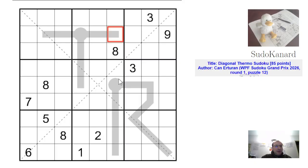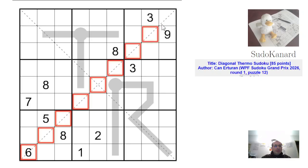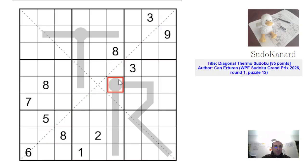This is a mix of diagonal Sudoku, in which both main diagonals must contain all digits exactly once, and Thermo Sudoku, where on each thermometer digits increase in the strict sense starting from the bulb end. It was worth 85 points, and I remember having some sticky moments, I would say. Well, the beginning,